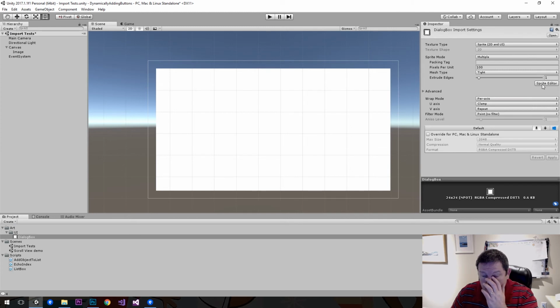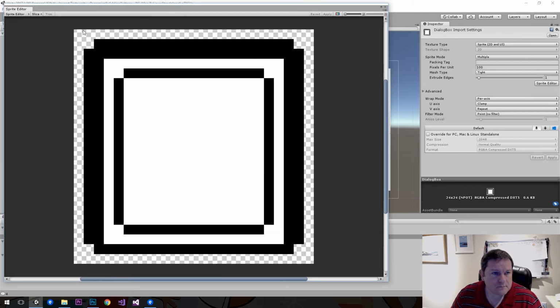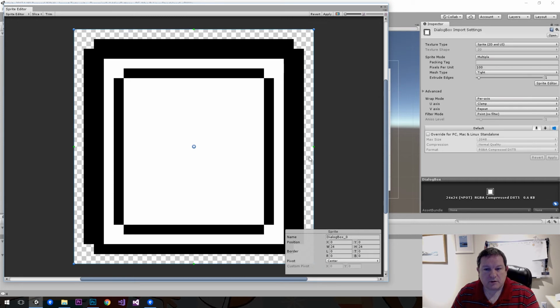Okay, so we click on sprite editor, and then I want to select this entire image for being the sprite. So I'm going to select everything. I'm just going to drag and drop a box out there. And you notice that there are these handles here, top and bottom. So what I'm going to do is drag these out to here, and then drag this one out to here, and this one to here, and finally I'm going to drag this one out